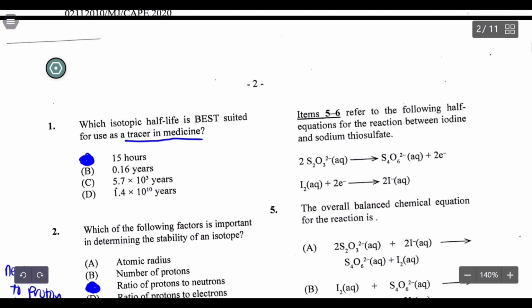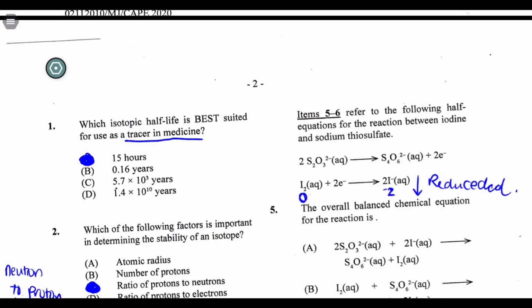So if you look at I2 here, the oxidation state is 0, and here you have I minus, and now over here it is minus 2. So off the bat you can see that 0 to minus 2 it decreases, therefore this is reduced. But to be sure, I'll show you as per the sulfur in these two equations, or in the